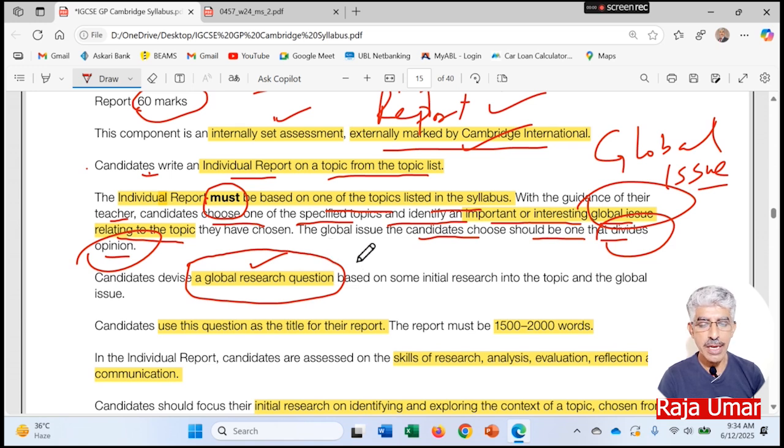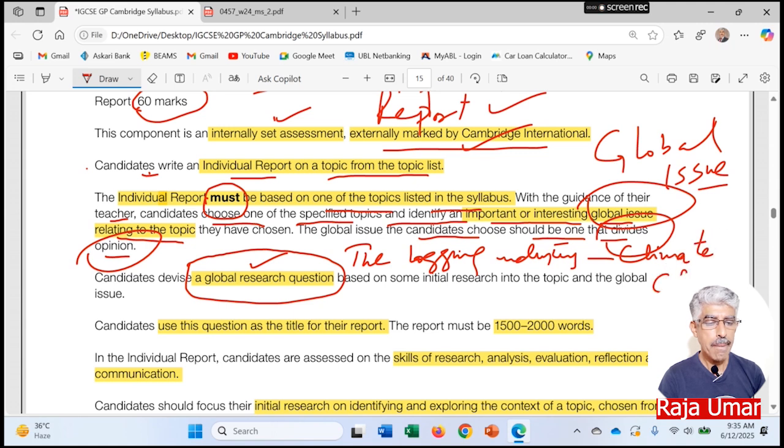For example, if I say that the logging industry has brought the impact on the climate change, I mean the wood-based industry. So it is happening around the globe. Definitely the wood-based industry is everywhere in every country. So it means that that is bringing that climate change. So we are supposed to devise a question keeping in view the relationship between the logging industry and the climate